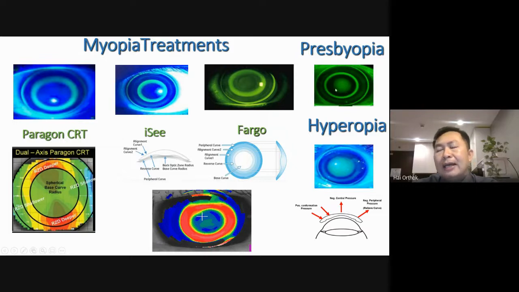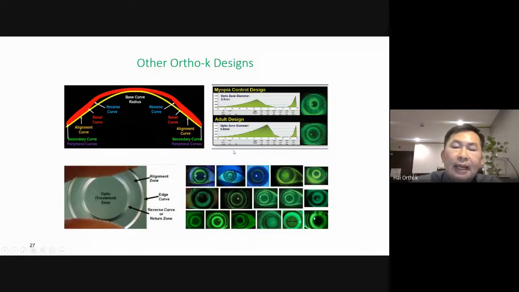And then we steepen the central cornea and flatten the lens slowly to about 6 millimeters, close to the reverse zone. By doing so, we can convert the eye into a multifocal eye. And for the other designs on the market, we have many designs, but for practitioners who